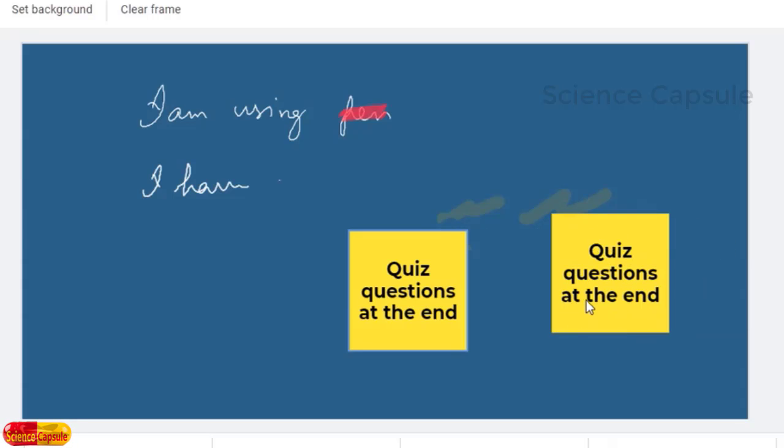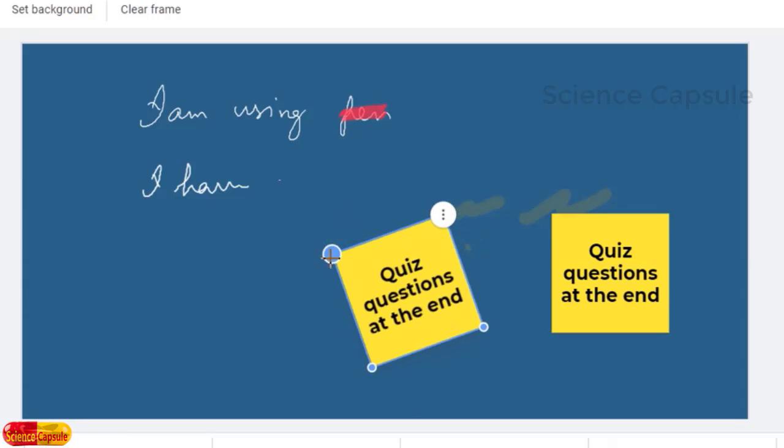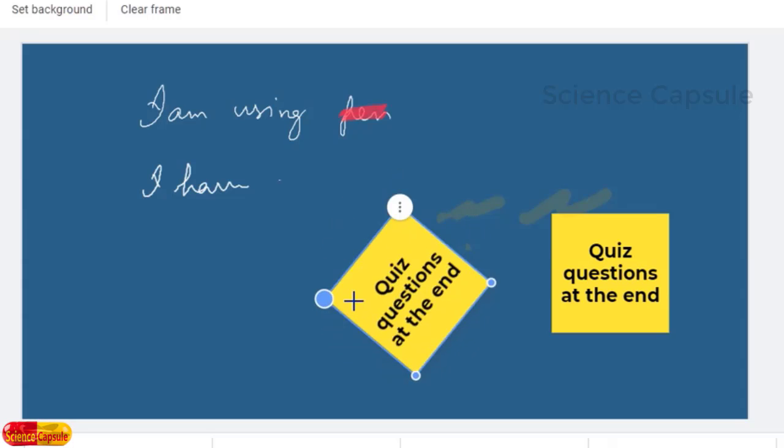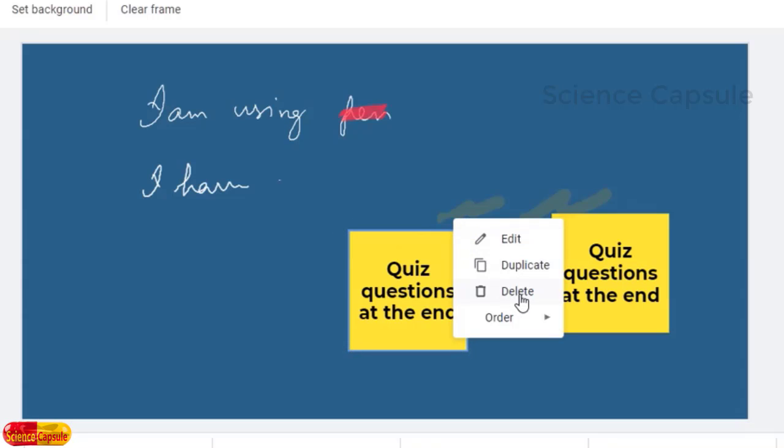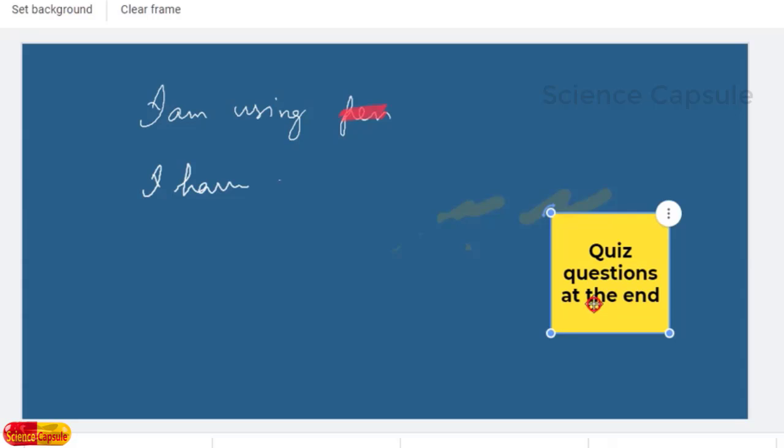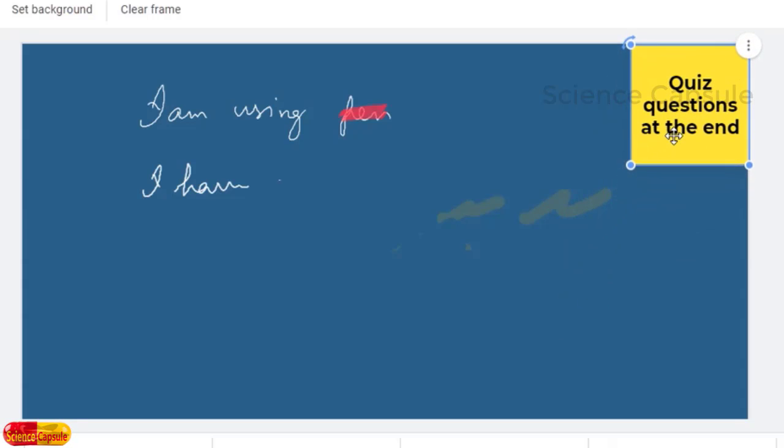You see here the sticky note got duplicated. If you want to rotate it, at the top left corner you see the rotate handle, you can rotate the sticky notes. If you don't want any sticky notes, then click on the three dots and click on delete. So this is how we can make use of sticky notes during our teaching learning process.